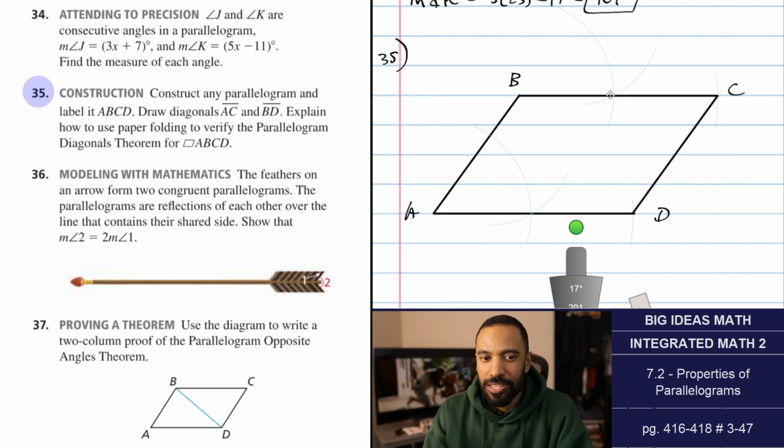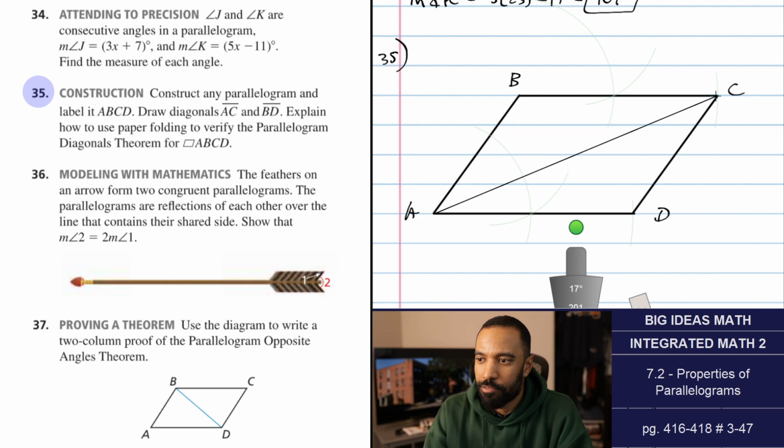Draw diagonals AC and BD. Explain how to use paper folding. Oh, so here's the thing, right? I don't have mine on paper. So explain how to use paper folding. I don't really have paper with me right now to talk about this, but it's pretty straightforward. The diagonals bisect each other. So